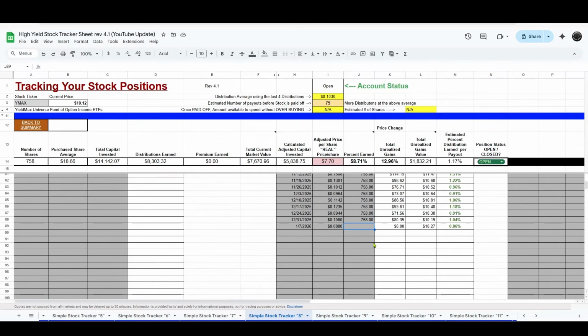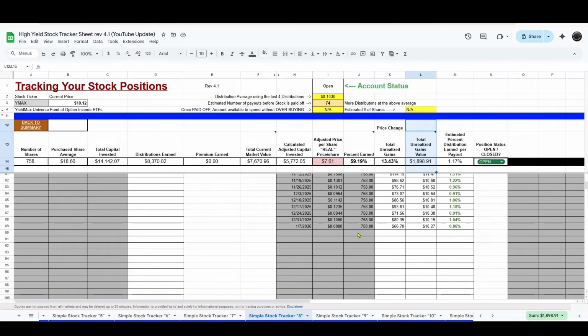I have a total of 758 shares. So my real price per share of $7.70 now becomes $7.61. That current price of $10.12 means if I were to sell my shares at the current price, I'm going to make